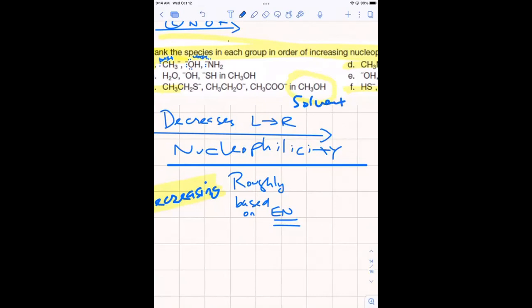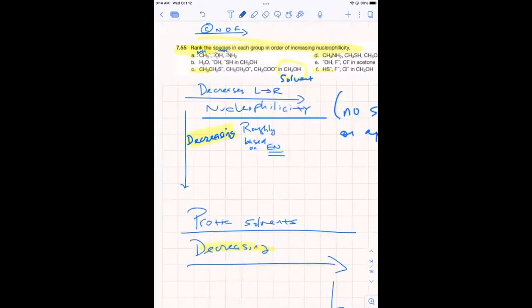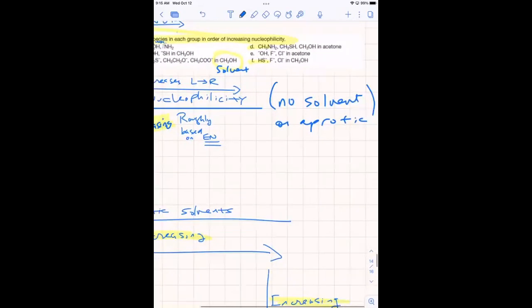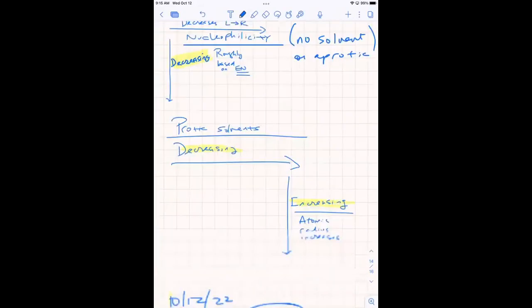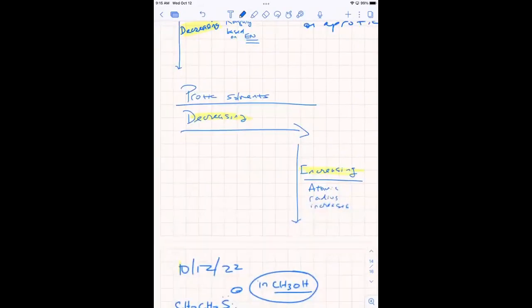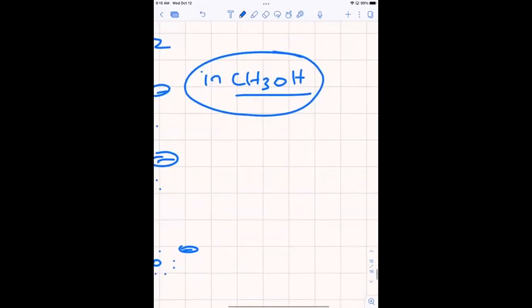And the trends are for aprotic solvents or protic solvents. So the top trend, where we said that it decreases left to right and decreases top to bottom, that's for either no solvent or aprotic solvent. And then what we said, it decreases from left to right, but increases from top to bottom, that is for a protic solvent. So if we're in a protic solvent, which methanol is,